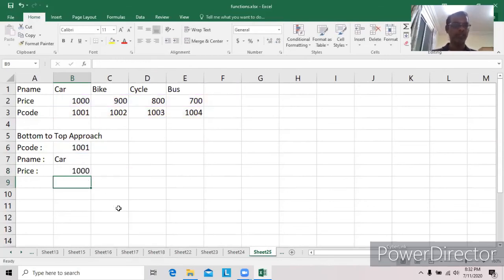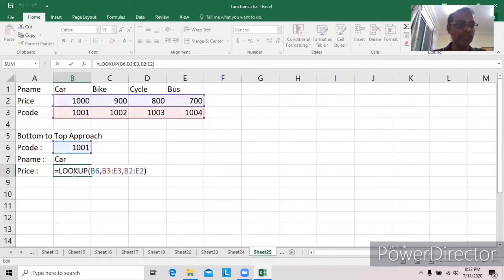See here, this lookup function searches for B6, that is 1001, in the bottommost row, that is B3 to E3. If the exact match is found, then the same column will be considered. In the same column, the value available with the row specified in the result row B2 to E2, that is 1000, will be displayed.